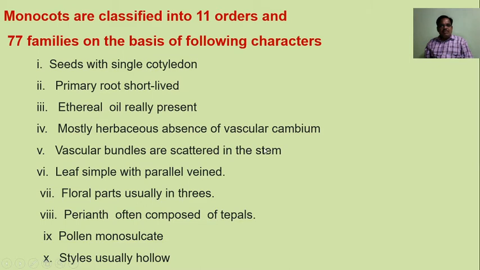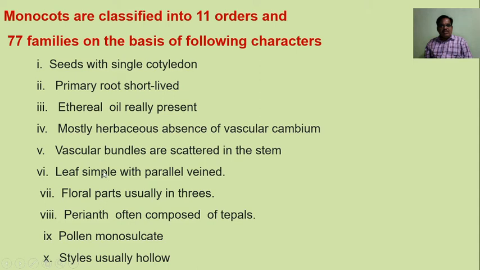And vascular bundles are in scattered form, meaning the peripheral vascular bundles are small in size, and as we pass towards the center the vascular bundles are large in size. But these vascular bundles are not found in a ring; in the monocot they are scattered. So scattered vascular bundles are the typical character of the monocot.